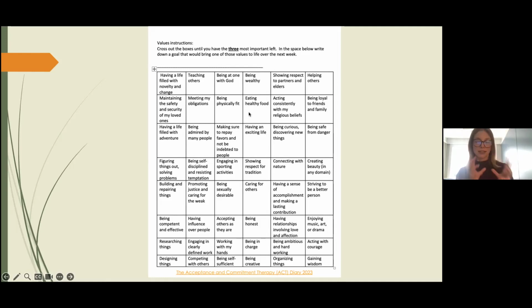I think that's a really important point, and that's a clarifying thing that we can talk through with clients too, and that it's okay. If someone picks three versions of the same thing, that's okay. We then might bookmark that, and as someone moves through therapy, we might be able to highlight for them, this is something that keeps coming up, and I wonder if that would be a value that we want to add to that list that we made before. So we're never about correcting someone's values or saying, well, this doesn't seem like it goes with you. It's really an open invitation, and then we can always invite someone to consider if there is ever a value that didn't seem like it was as obvious to them.